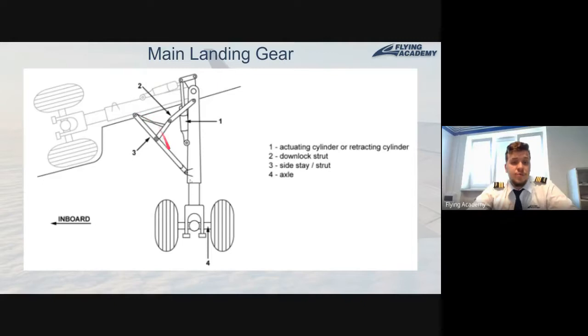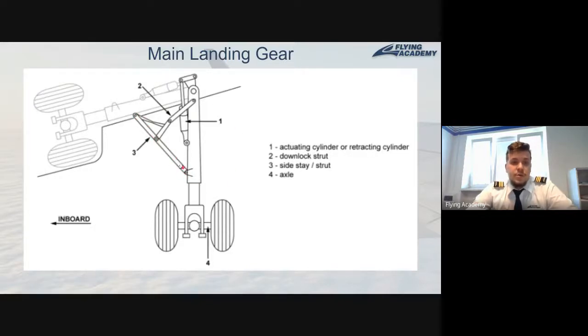So we need something which will maintain the position of our landing gears in the extended configuration, and something which will prevent retraction of the gears if we have some load on our gear, or technically if the airplane is located on the ground. So now let's speak about how this will actually be performed. First of all, I think we will speak regarding the elements which will maintain the position of the gear.